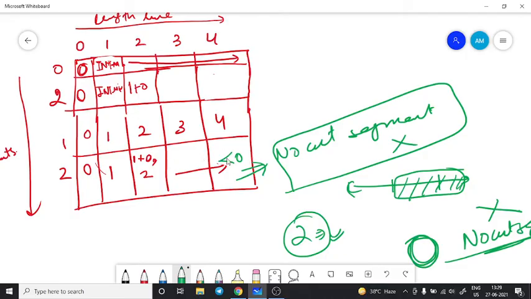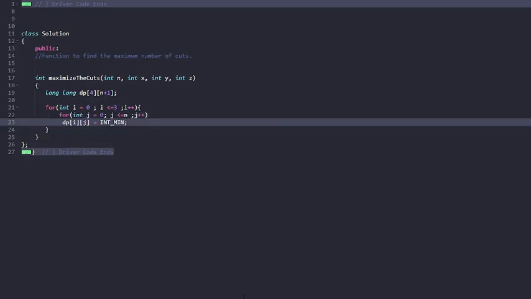And why are we checking this last cell for our answer? Because, as I said, each cell represents the maximum number of cut segments I can have considering all of these cut segments for this length. So what was our final task? To return the maximum number of cut segments for this length 4, considering all of these. So this cell will represent this length 4 line segment, and this 4 will represent considering all of this. That's why this last cell will have our answer. So that's the logic behind picking up the integer minimum.